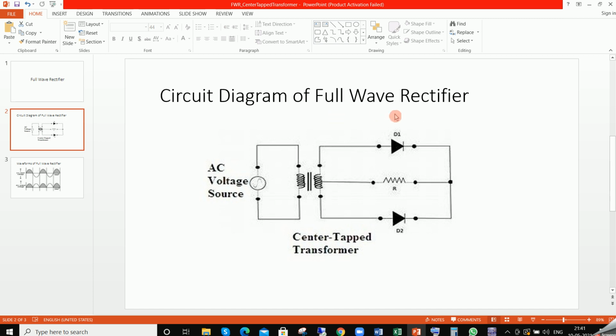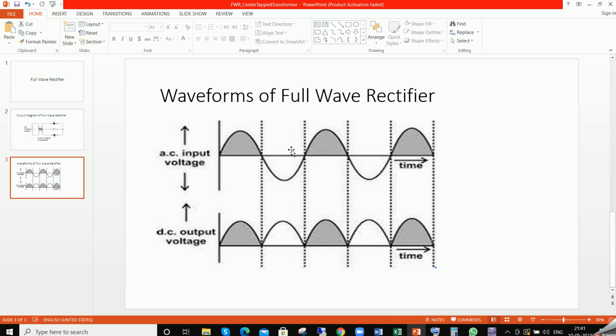The working of full wave rectifier is, during the positive half cycle, diode D1 is on, D2 is off. During the negative half cycle, diode D2 is on, D1 is off. And the output waveform of full wave rectifier is